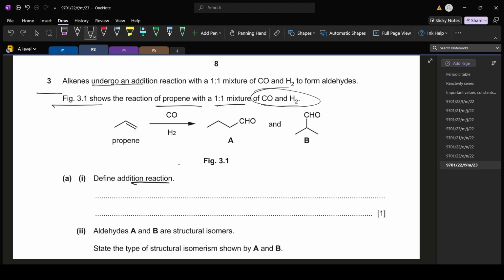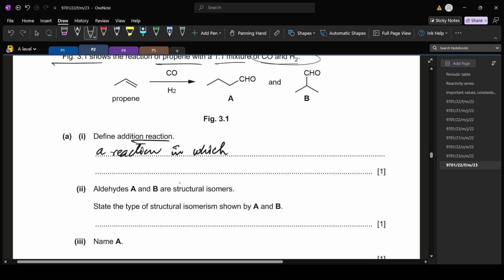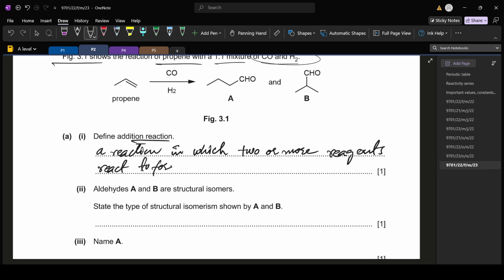Okay, a reaction in which two or more reagents react to form one product. Okay,